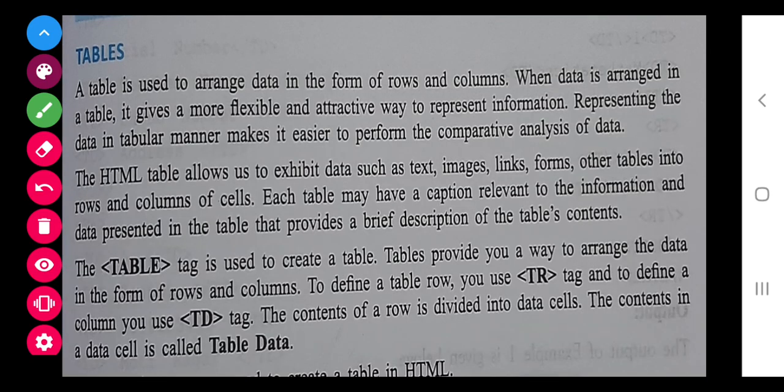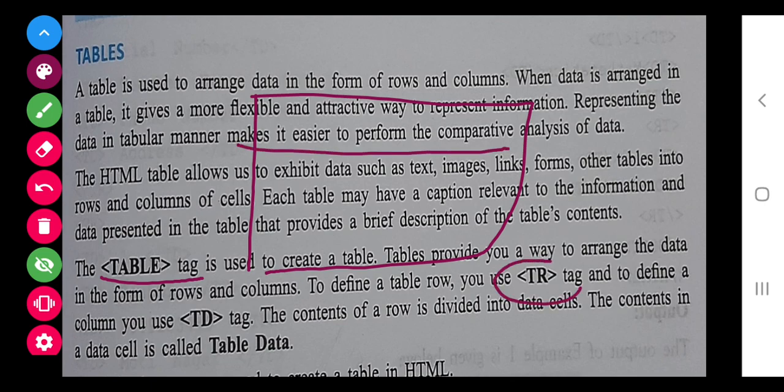So, class, table, you all know it is used to arrange data in the form of rows and columns. So class, in HTML, how to create a table? For that we have a tag named table. Now how to create, suppose this is my table. Now first row I want to create, so for that tr. Now data I want to feed, first data, second data, third data. For that td tag is used.